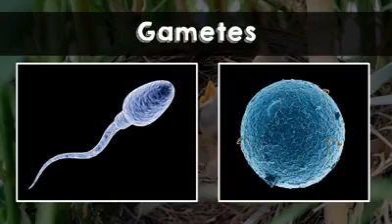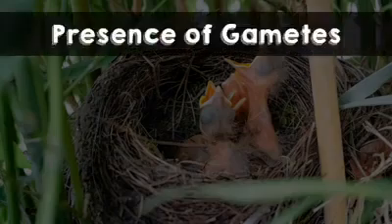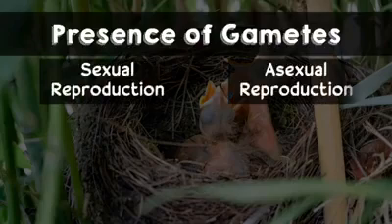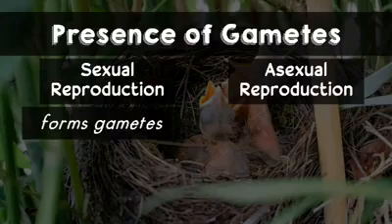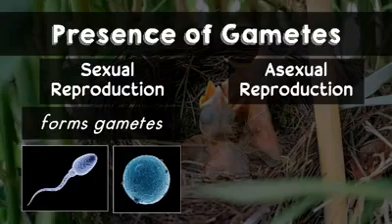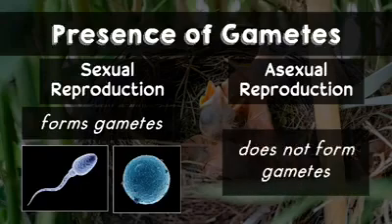That is why the presence of gametes is another distinguishing factor between sexual reproduction and asexual reproduction. In sexual reproduction class, gametes are formed which come from the original parent. In asexual reproduction class, gametes are not formed. Now, if gametes are not formed, then how do they reproduce? We'll find out on our next video, but for this video, let's continue differentiating the two types of reproduction,